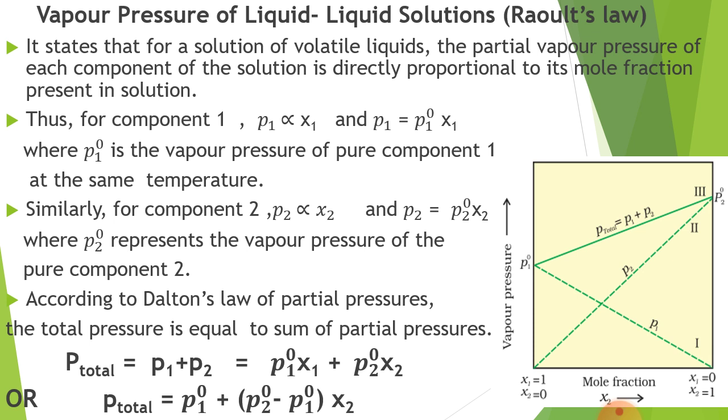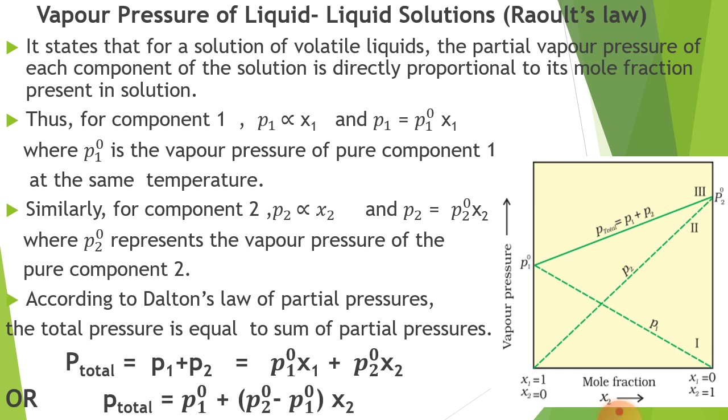Here, one more thing you have to know in the NCERT. 1 is used for solvent and 2 is used for solute. That means if W1 is written, M1 is written or P1 is written, here 1 means solvent. If W2 is written, M2 is written or P2 is written, that means solute. So this you have to learn.